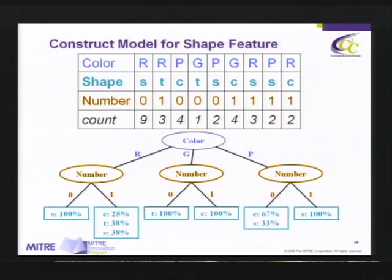We then construct models for each of the features. So the first one we'll construct is the shape feature. Across the bottom is the thing we're trying to predict, that's shape. And the decision tree says if you observe these things, this is